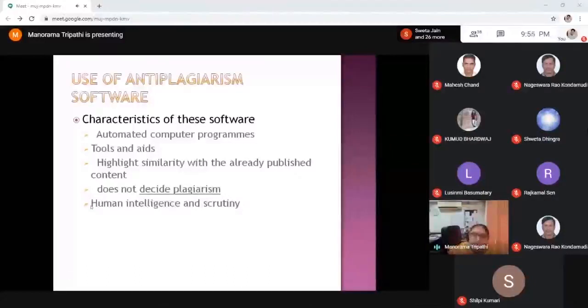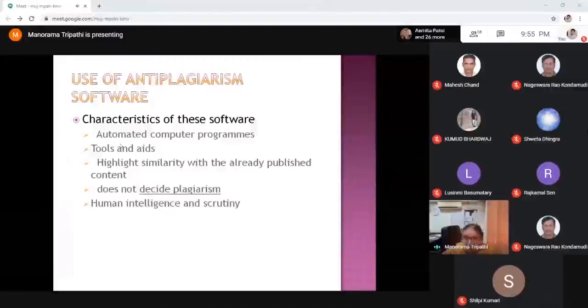The originality report cannot be taken at face value. It has to be read very minutely, in conjunction with the human mind, and a teacher has to finally decide if the content is plagiarized or innocuous. This is very important for all of you to understand. Even the regulations mention that common knowledge should not be considered plagiarized.